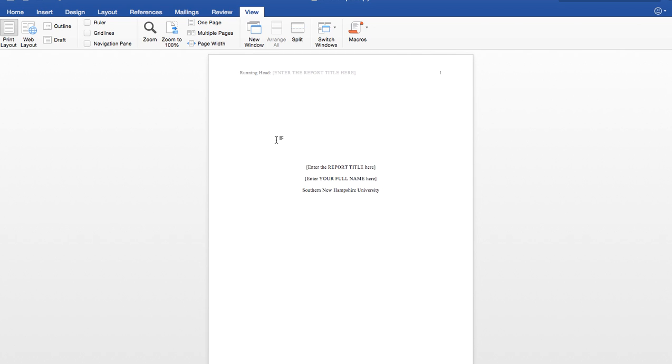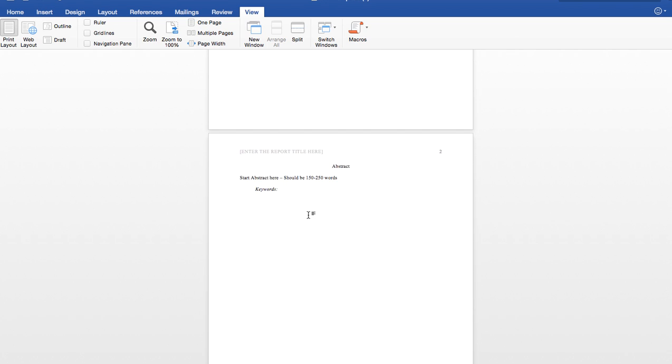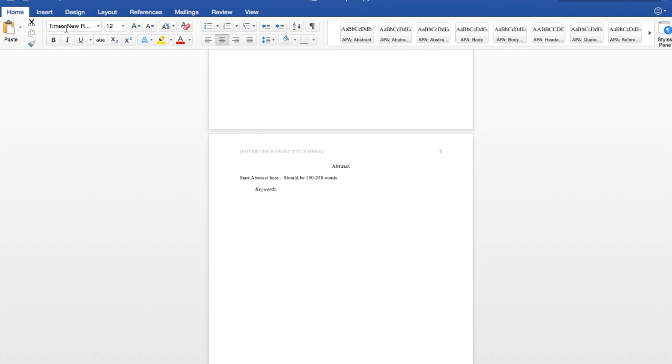It's already formatted and following the APA guidelines, which consist of having 1-inch margins, double spaced. Your paper is double spaced when you're writing. And your font should be about 12-point font, and using the Times New Roman font, which is up here, and then your 12-point font is right here. Okay,